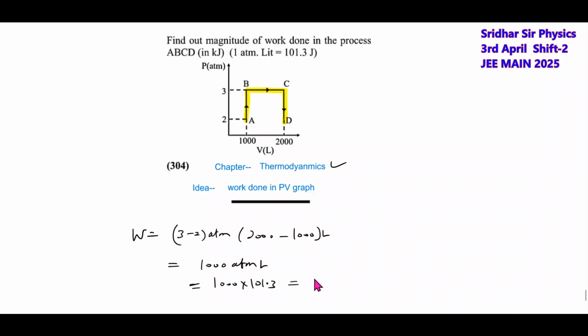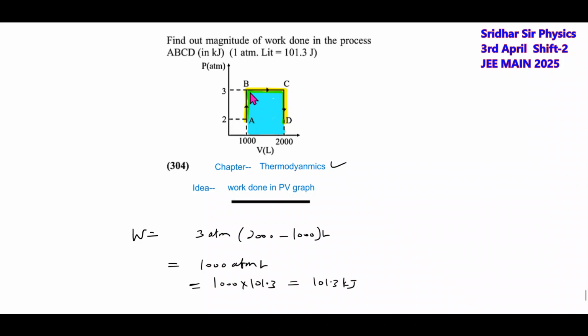We have to express in kilojoule. So 101.3 kilojoule. Area, oh sorry, area we have to calculate, no, area will be 3 minus 2. Work done will be only 3, huh? This everything will become area. I forgot, huh? Just, okay, fine. No work done